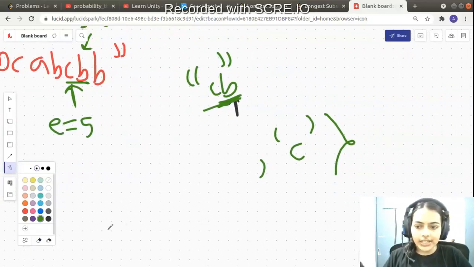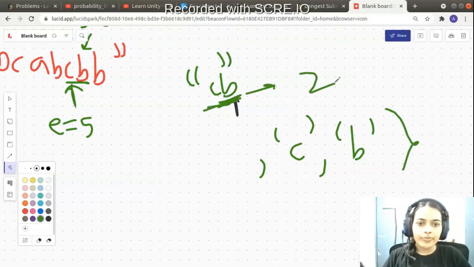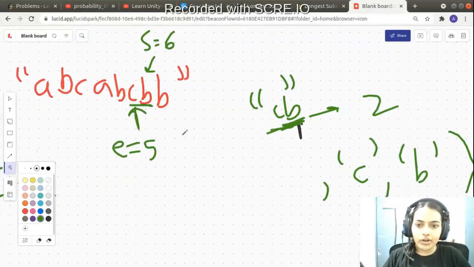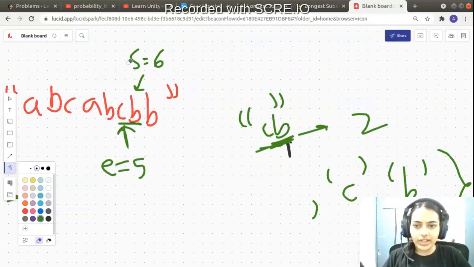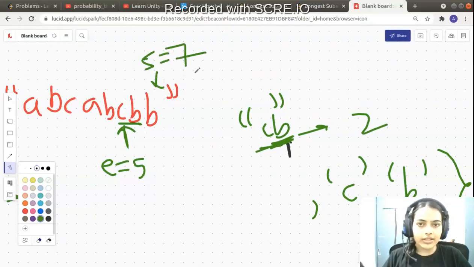So now it is a substring consisting of unique characters, because now I can put this B back in my set and it will have all characters unique in the substring. Now this is of length 2 but the max is already 3, so I need not change it because 3 is greater than 2. So I just move forward in my quest. Now I have S is equal to 7, the start pointer is corresponding to index 7, end pointer is corresponding to index 5.